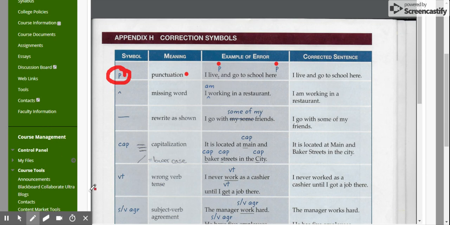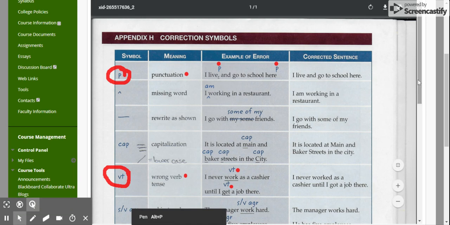So you'll have another one that's very common is VT. VT means there's a problem with the verb tense, okay? In this one, I never work as a cashier until I get a job there. This should be in the past tense, shouldn't it? So the VT, okay, over the underlined work is showing us that we need to change the verb. Okay, so the correction is I never worked. All right, so